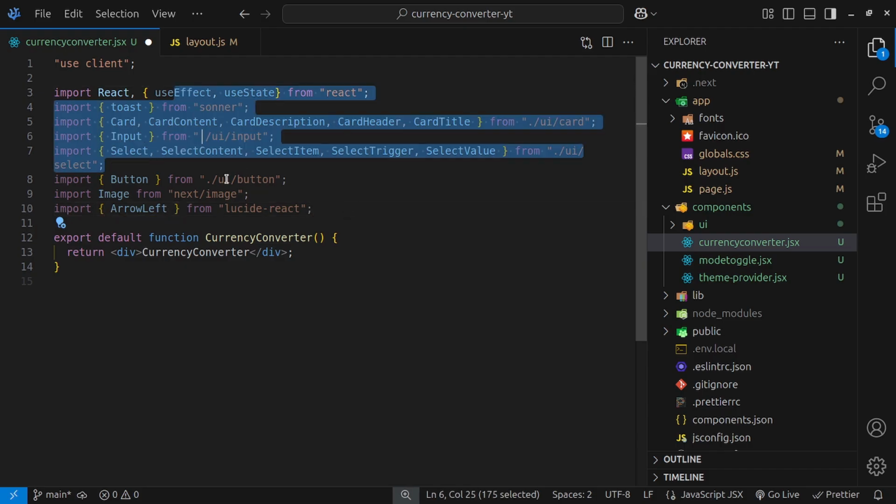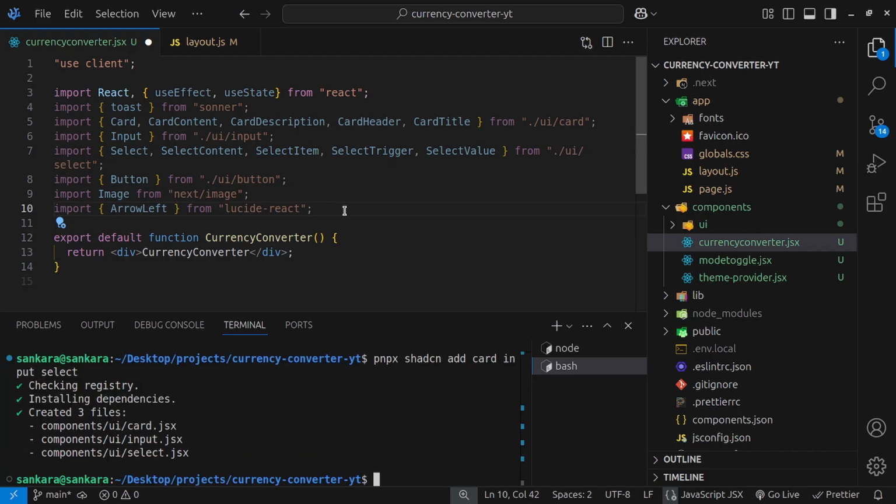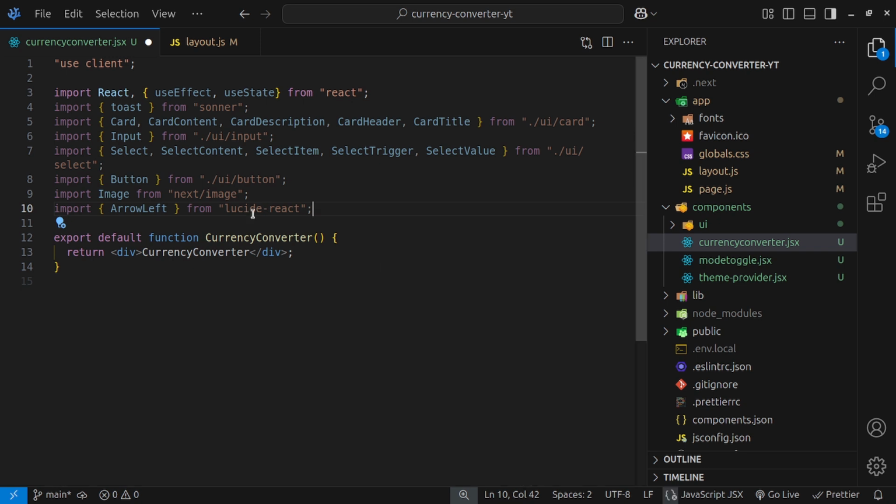And once you install shadcn using the New York style, then you should have access to lucide-react. If not, just simply go ahead and open up your terminal, and then you can say npm install or pnpm add lucide-react. Simple as that. And then once we do that,